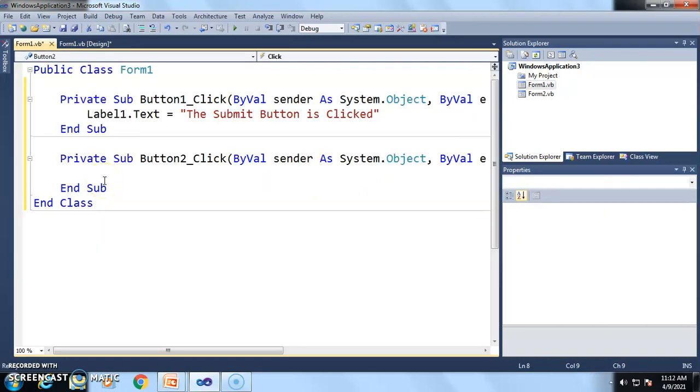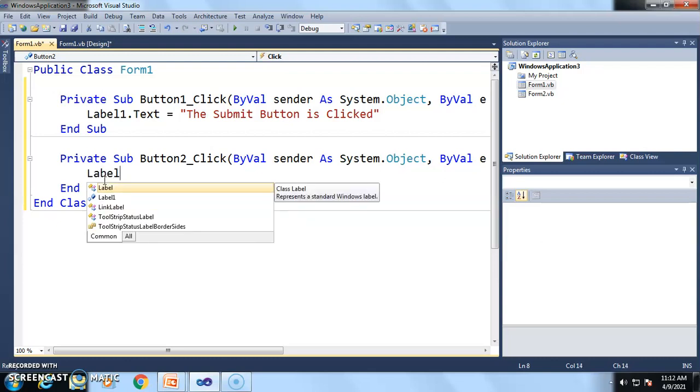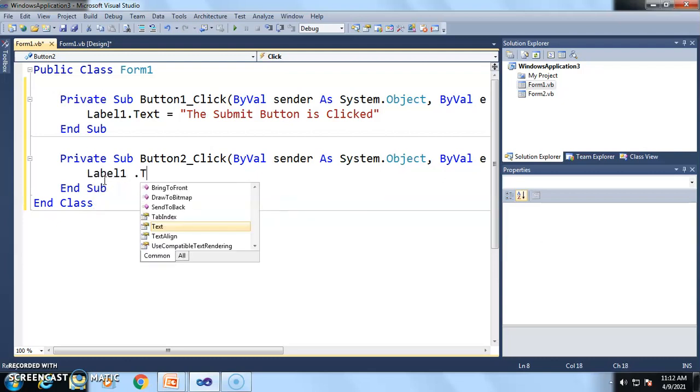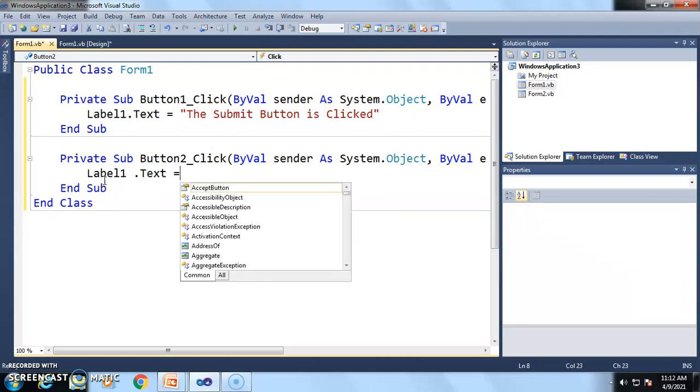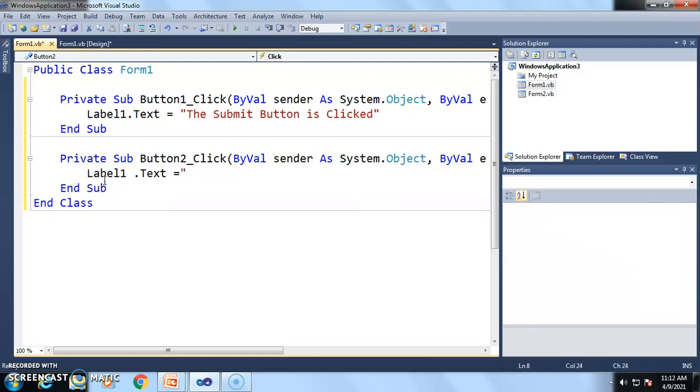It also shows the message, the cancel button is clicked, in label1 control. So we write label1 dot text is equal to, we give the message in double quotation, the cancel button is clicked. Now save, then run this application.